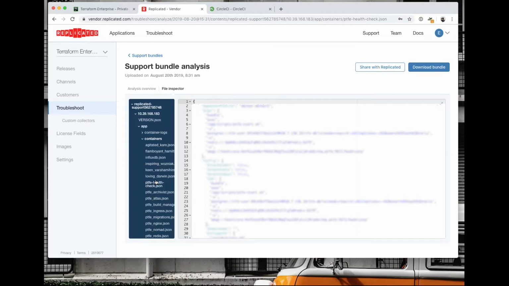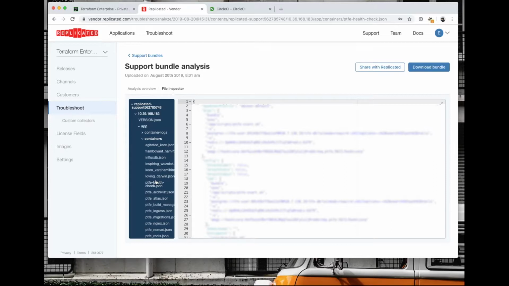Yeah, absolutely. What we do is include some application specific stuff in there. For our specific application, it's like, how many runs have you been doing? When's the last run that ran successfully? Those sorts of information, so that when we're looking in the bundle, we can use it mostly for time correlation.